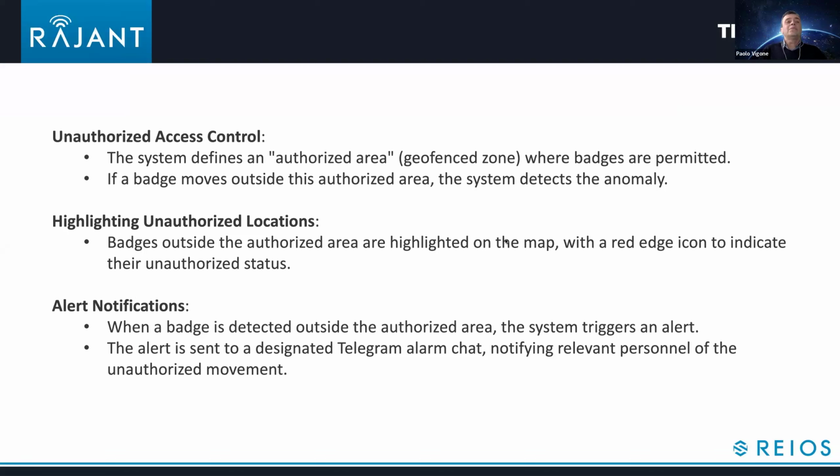If a badge moves outside the authorized area, there is an anomaly. So the system detects the anomaly and operates in two ways. The first, highlight the badge that is outside the authorized area with a red edge icon to indicate